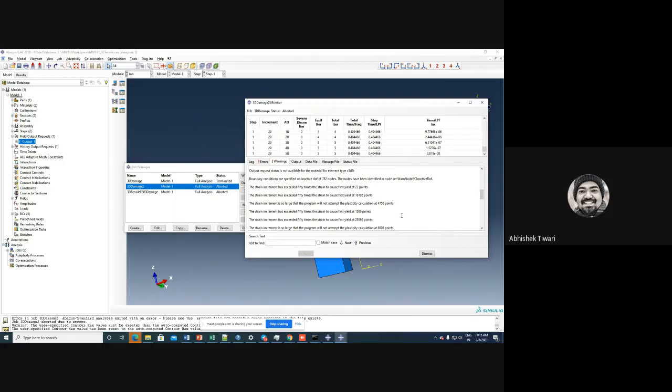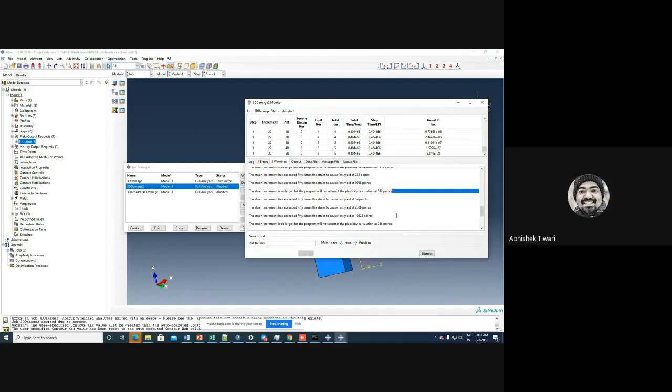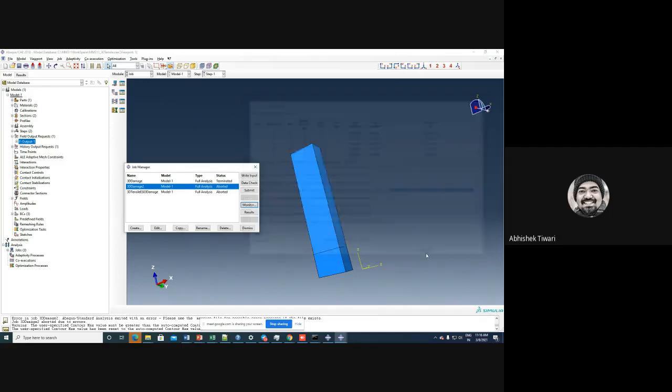So the strain increment, delta PEEQ, has exceeded 50 times the strain to cause the first yield. And that is too much plasticity. So maybe we need to do something about this, because if you have large strain, too much plasticity, maybe we need to go to non-linear strain calculation. So finite strain, we might have to do that, but those things are not required at this point in time.